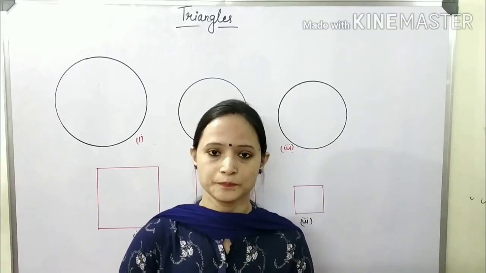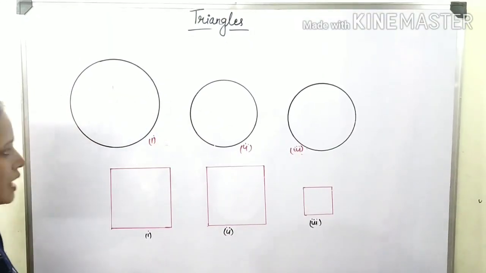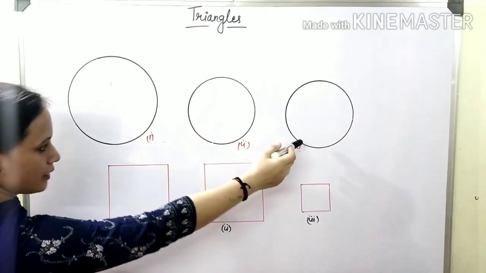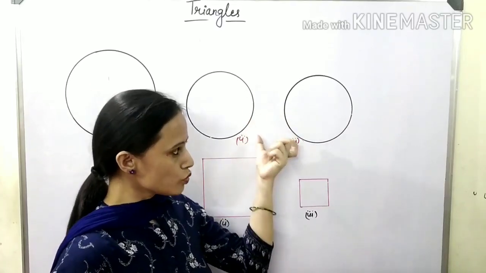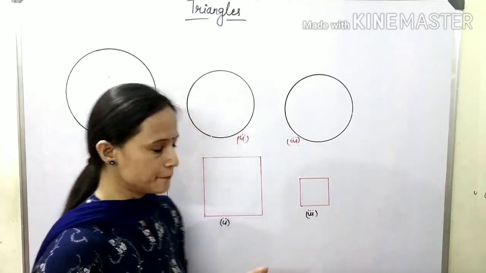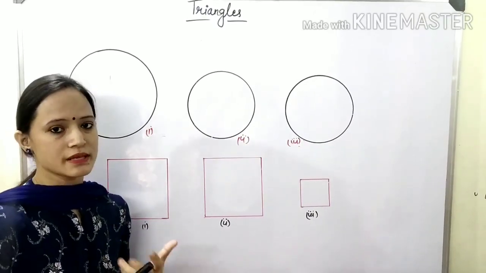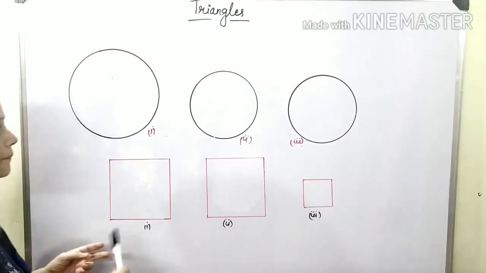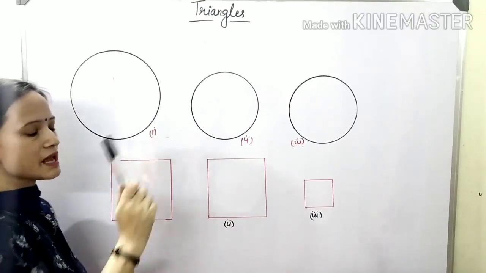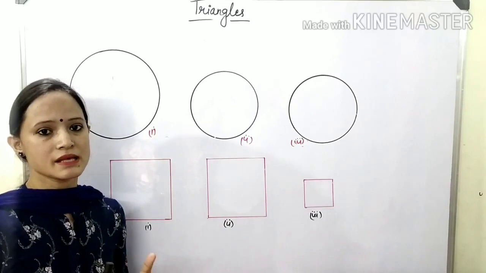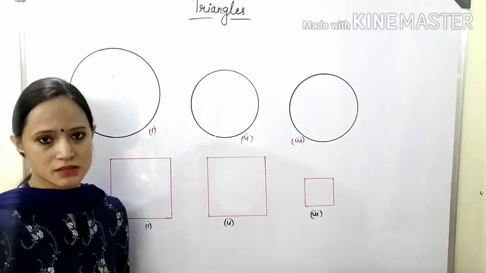So let us start. What are similar figures? Let us try to understand with the help of these examples. I have drawn 3 circles here, and it is visible that these 2 circles have the same radii, and because of that these 2 will be called congruent circles. If we observe the first and the other 2, they have the same shape but not the same size. Therefore, these circles will be called similar circles.